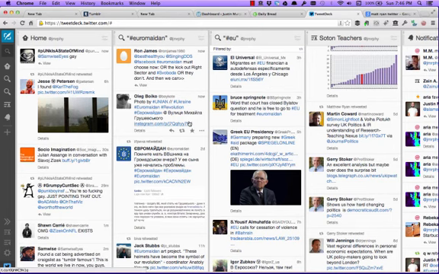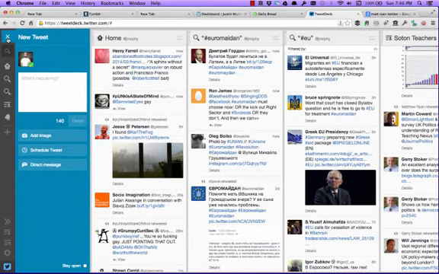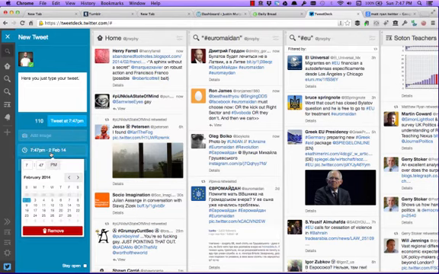And last but not least, almost forgot, to tweet, just go into the top left corner here, this little quill pen icon, and this gives you a little space to tweet in. Here you just type your tweet, hit tweet, and it'll send it out. Add an image if you want. You can also schedule the tweet for some other specific time. Again, if you're dealing with time zones, this is an especially useful feature. Okay,